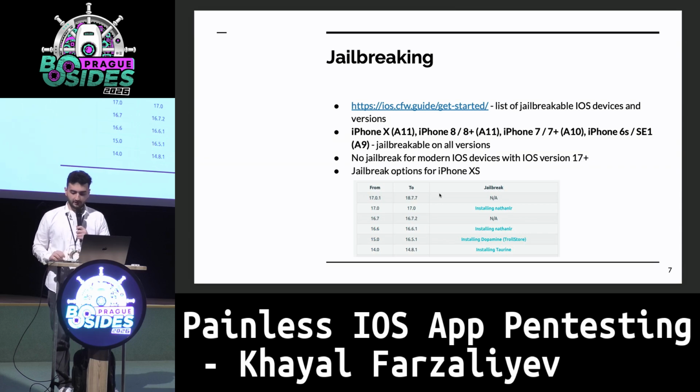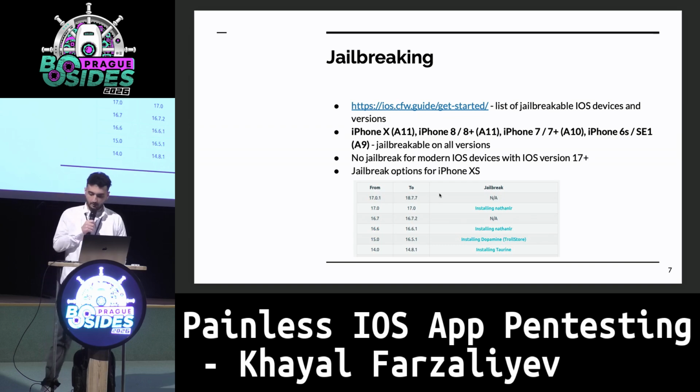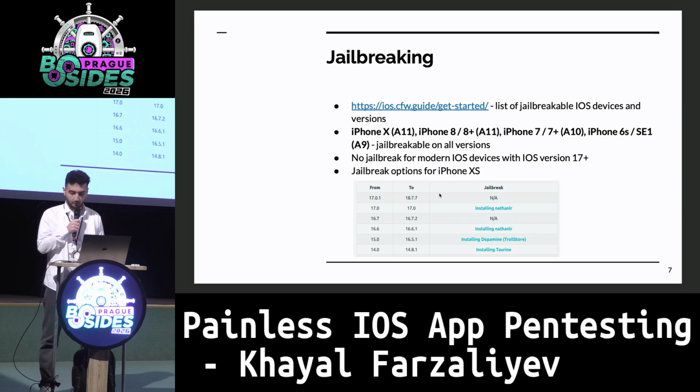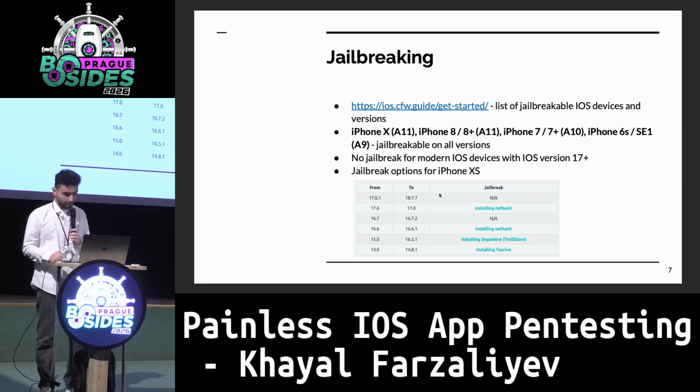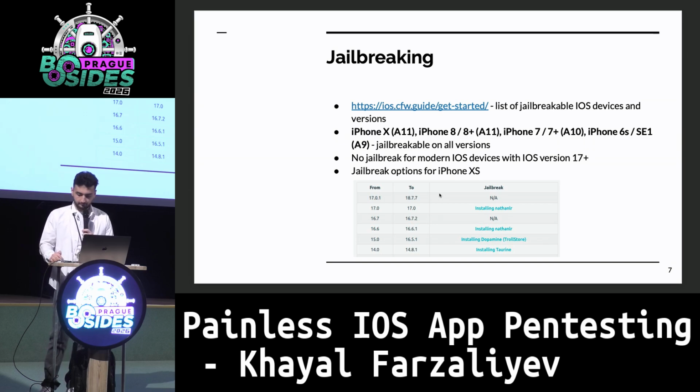So, which devices can actually be jailbroken? The best public resource for this is this website here. It shows us for any device and iOS combination whether there's a jailbreak available. The devices that are currently jailbreakable across all their supported iOS versions are older models. You can see them here. This is due to a hardware-level vulnerability, and that allows a jailbreak on any iOS version they can run. And for iOS version 17 and newer, which is basically every modern iOS device sold, there is no jailbreak